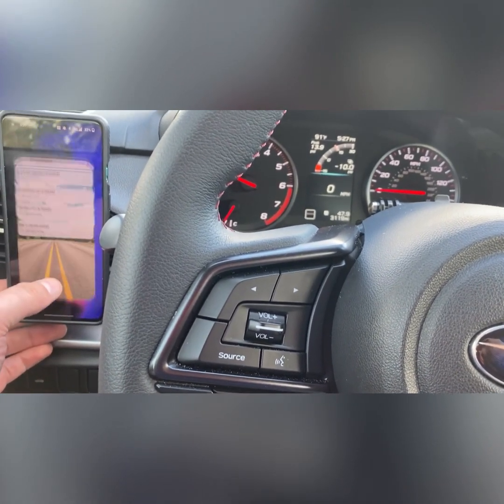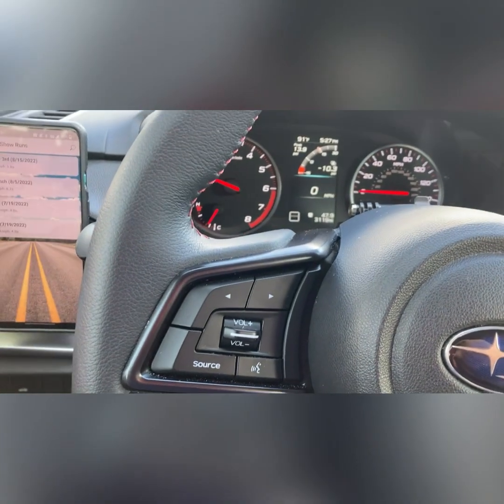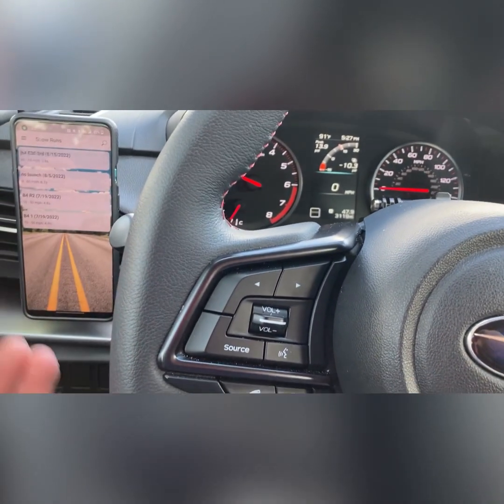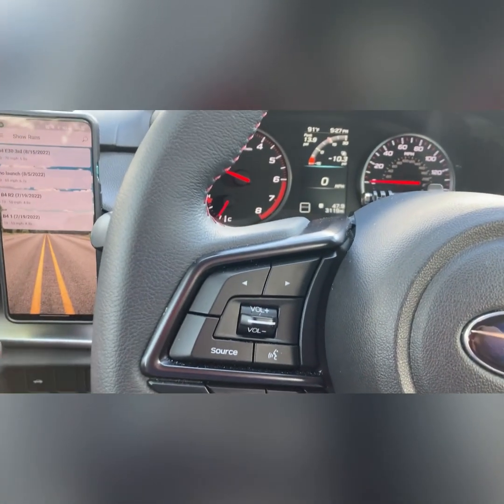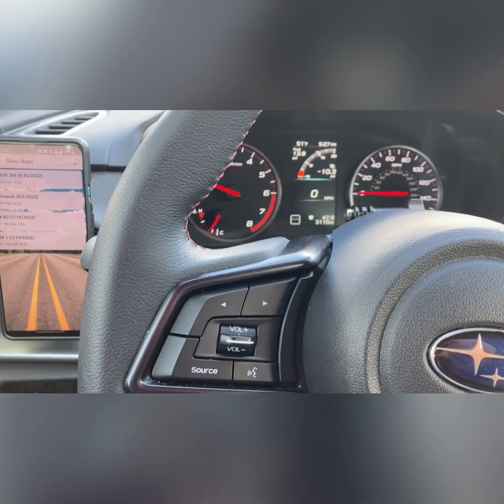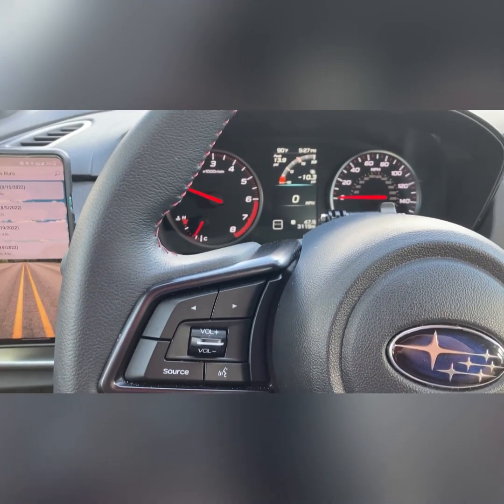I'm gonna be using a race timer. The race timer is gonna show me if any of the things I'm doing are improving my times, even if it's only by 0.1 or 0.2 of a second. And then I'll be data logging, seeing where my AFR is and getting it where I want it to be,